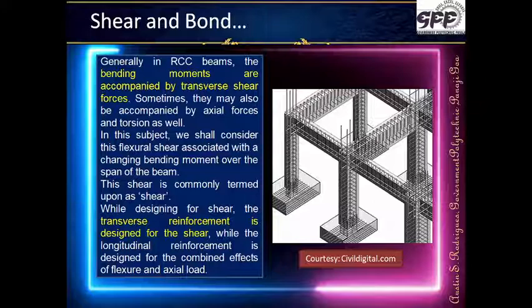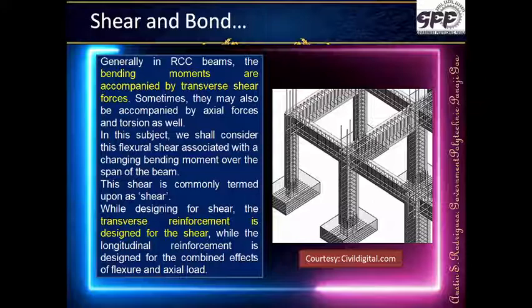So in the previous chapter we have done the design for bending. Whenever there is bending moment coming, what would be the design done, what would be the procedure used, what would be the section, what would be the steel, all that we have done earlier. Now we also understand that apart from bending and shear, there could be axial forces, that is axial tension or axial compression also coming in a member. There could be torsion also coming in the member.